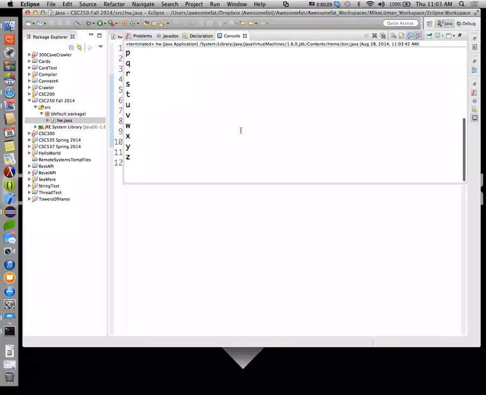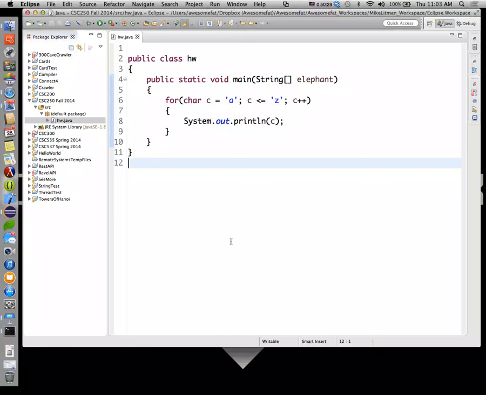And there's our alphabet. Now, because C is a char, remember, Java is a strongly typed language. Because I've advertised that this variable C is holding chars, when I print it out, it does the conversion for me. It maps it to a char. So I get the actual letter.